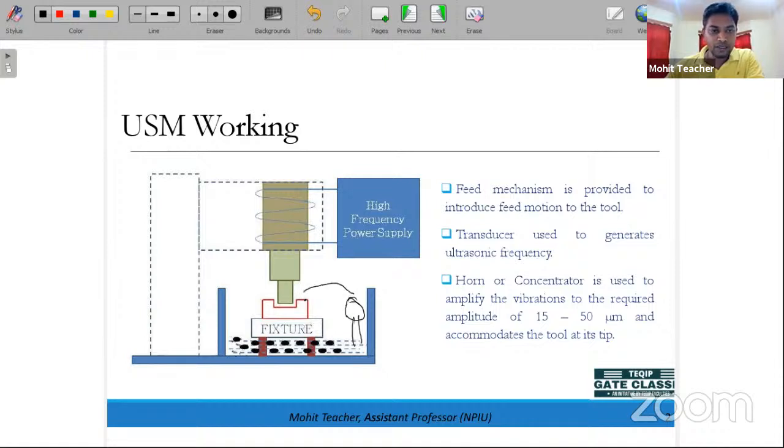This is a pump, and it will supply the abrasive slurry over here. Okay, so this is basically the fixture. This is the anvil, this maroon color, this is the anvil,